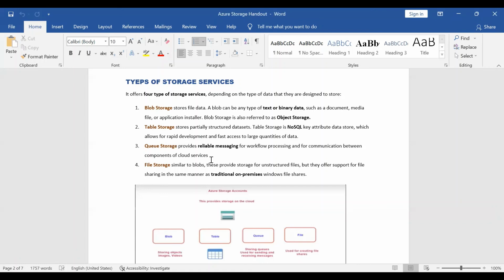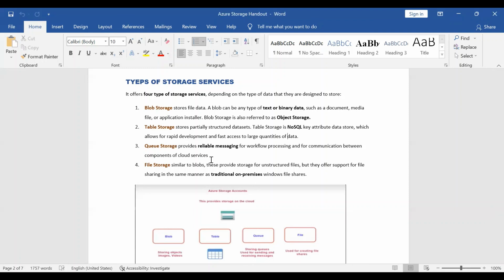The speciality is that if you have legacy applications, which have existed for a long time and are functioning very well, but you are migrating to Azure, and you do not want to make any change to your legacy applications,